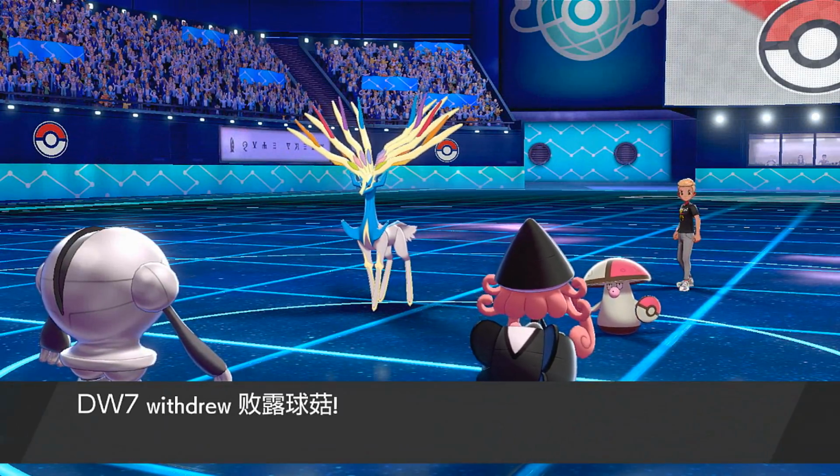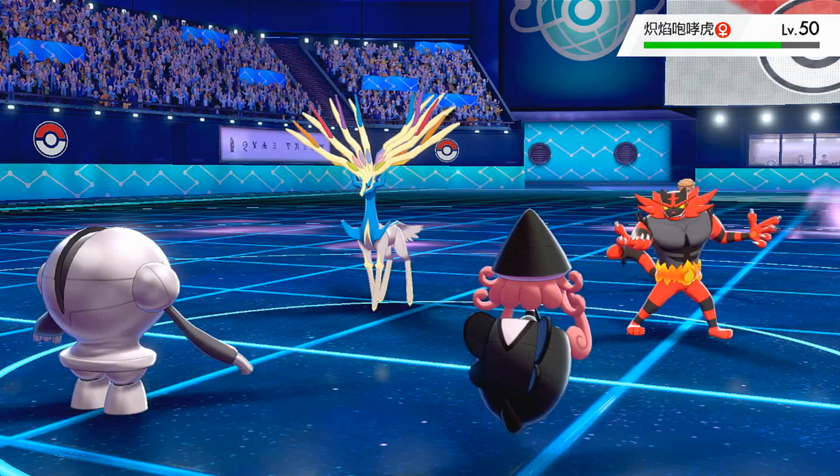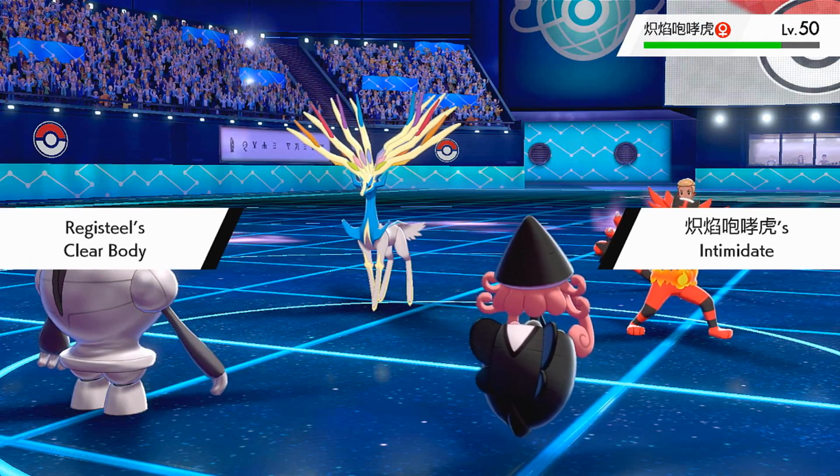I kind of understand where they're coming from. And now they're going to switch out of the Amoonguss and into the Incineroar, probably expecting a Psychic type attack into the Amoonguss, which is totally a fair play. However, since my Tapu Lele is supportive...